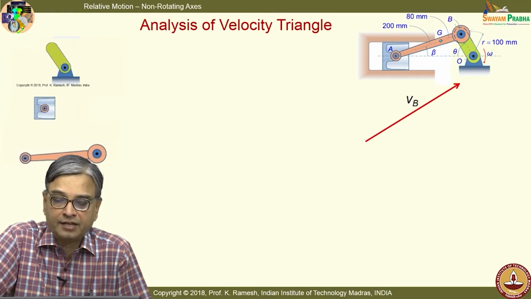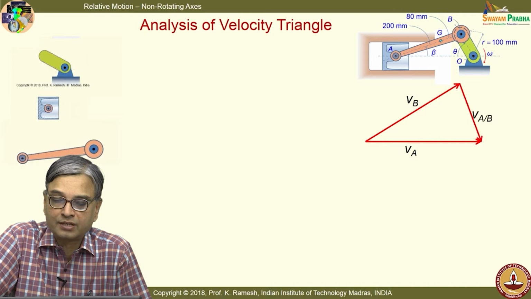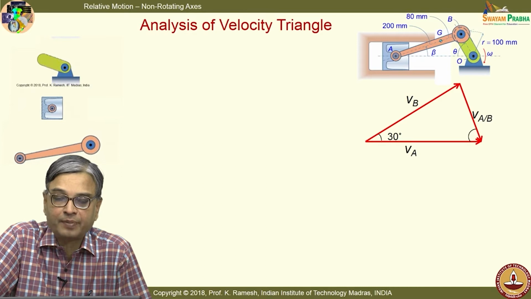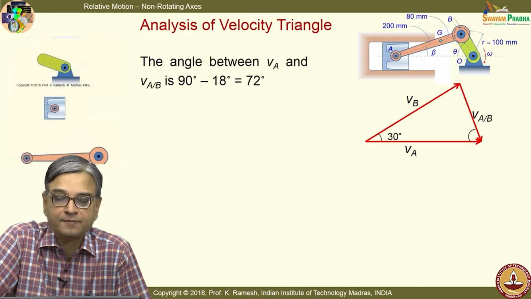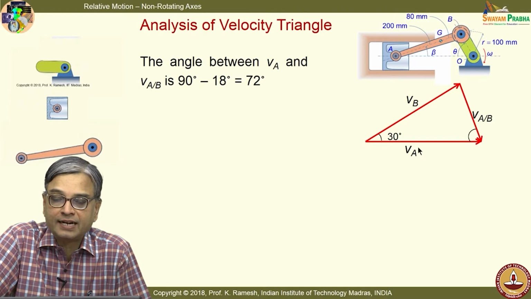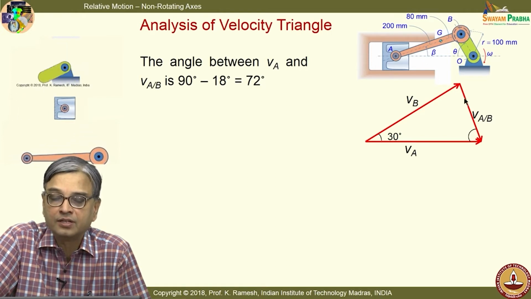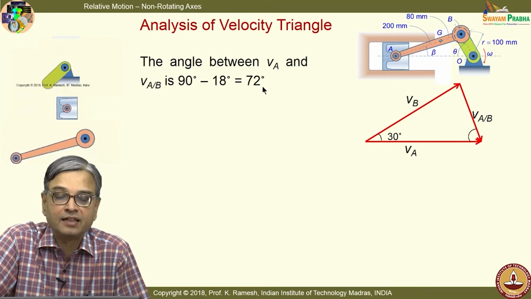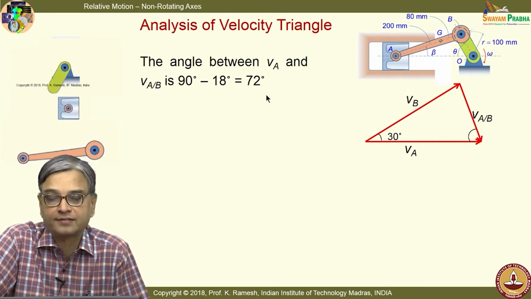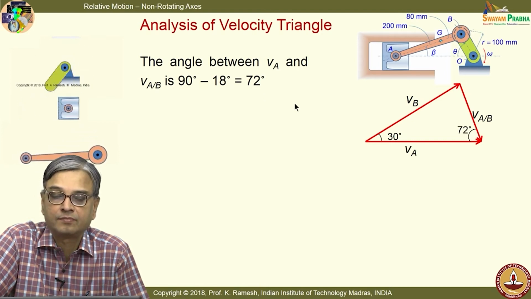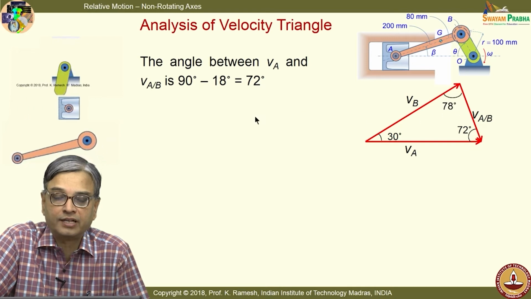And we will look at the magnitudes. I need some more angles for me to proceed. So, I need to get that by the appropriate properties. We have already said that this is perpendicular to the line joining this, and this line is at an angle of 18 degrees from the horizontal. So, from the vertical this is about 18 degrees. So, if I want to find this angle, it turns out to be 72 degrees. And this naturally comes to be 78.